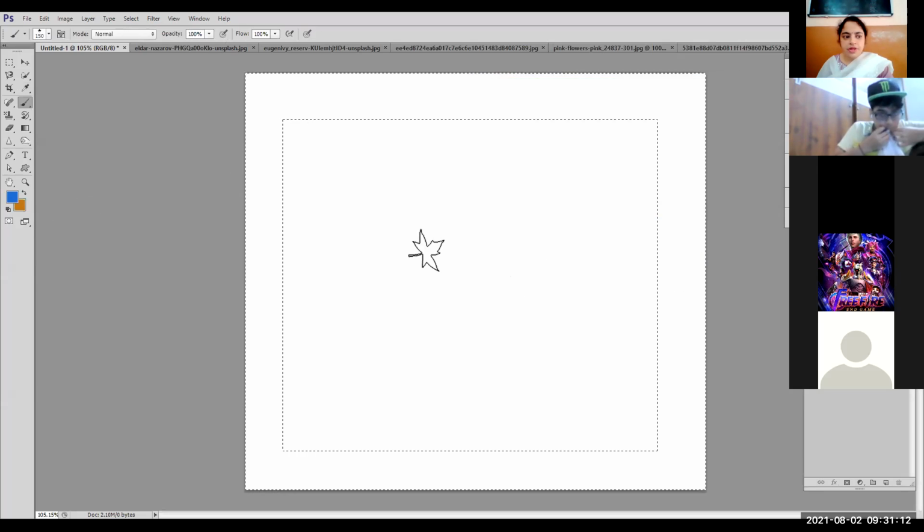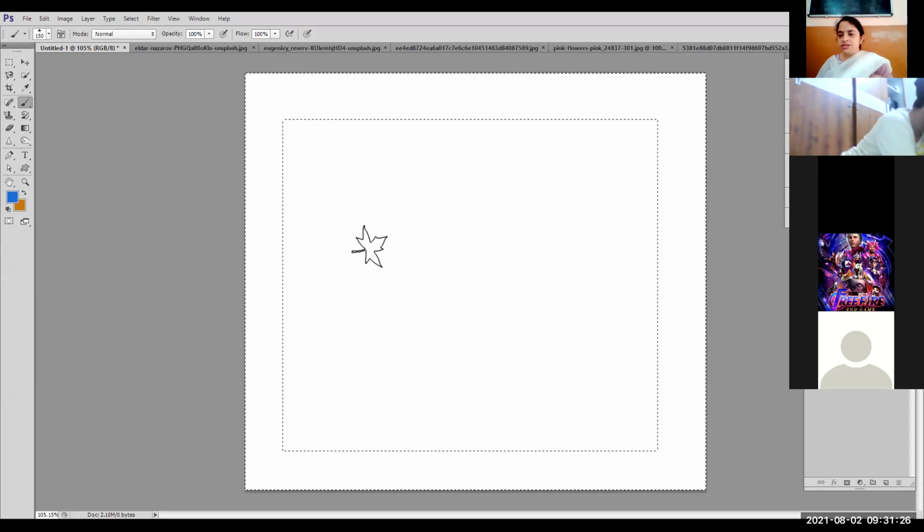Click on OK. Now I am having 2 colors. Write down again the shortcut key. For inverse selection, Control plus Shift plus I.